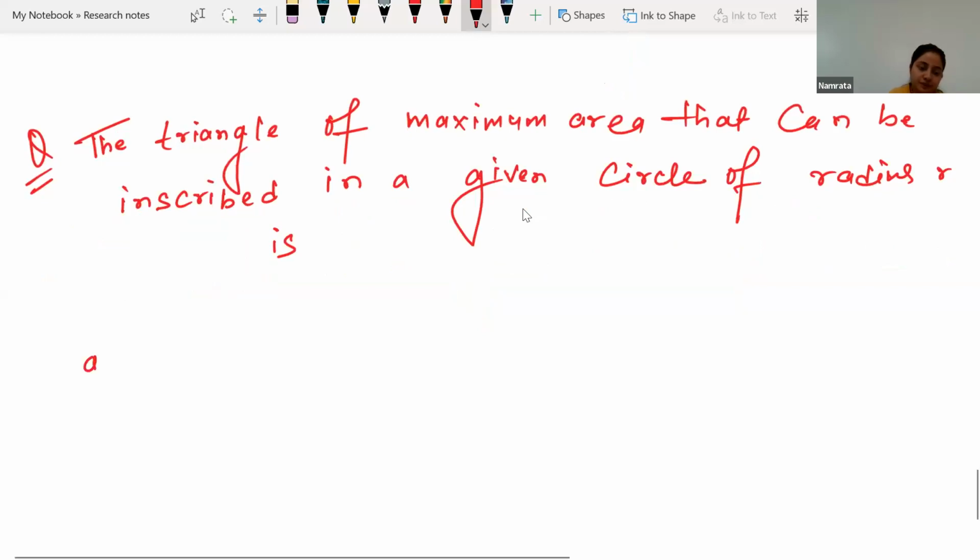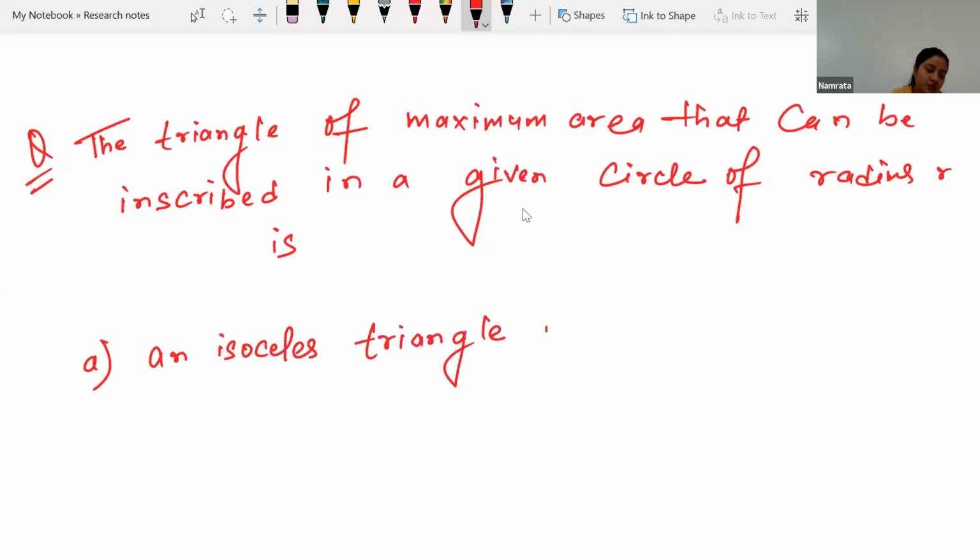Option A, an isosceles triangle with base equal to 2r. Option B, an equilateral triangle